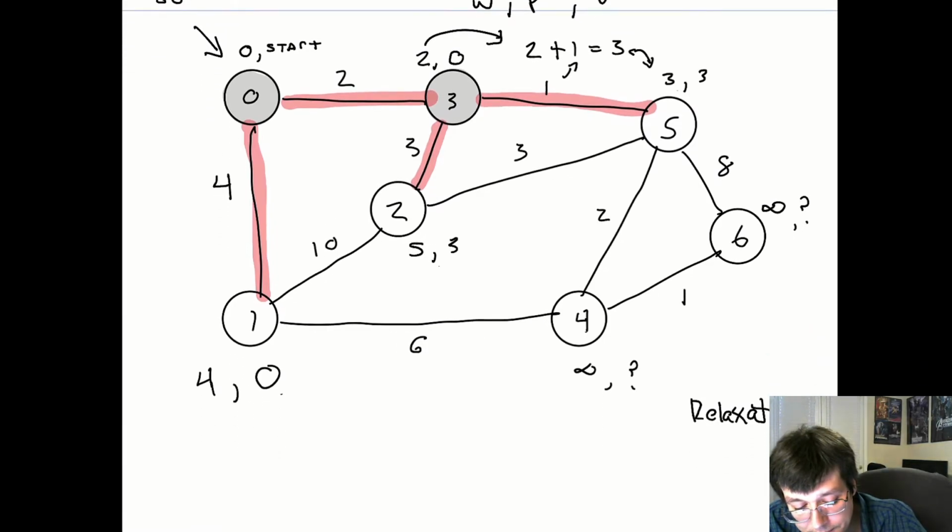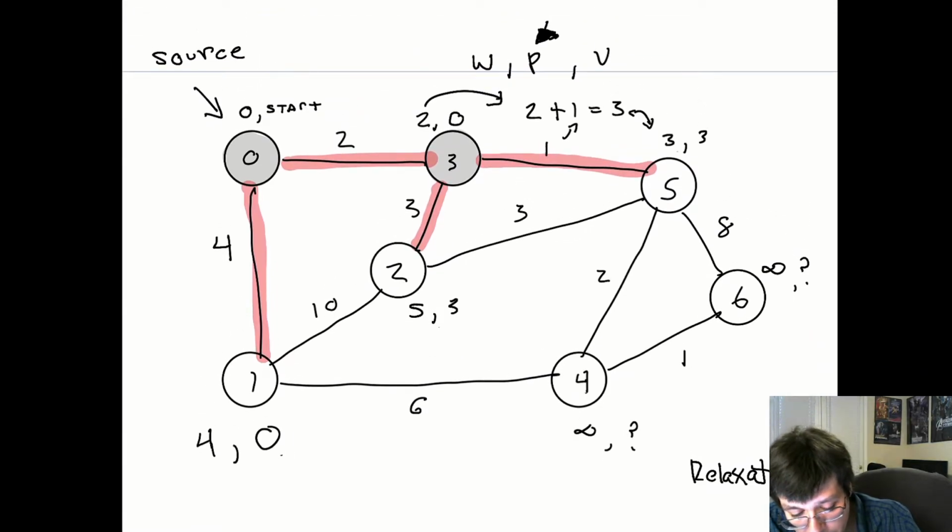Okay. All right. So now we have 5, 3 here. We have 4, 0 here, and we have 3, 3, right? So we have a weight of 5, a weight of 4, and a weight of 3. To pick the next node to visit, we are going to pick the smallest weight. So that is going to be this one. All right, so this one,